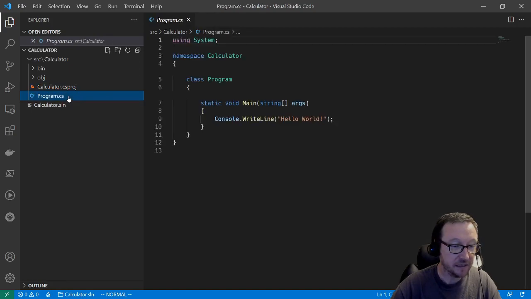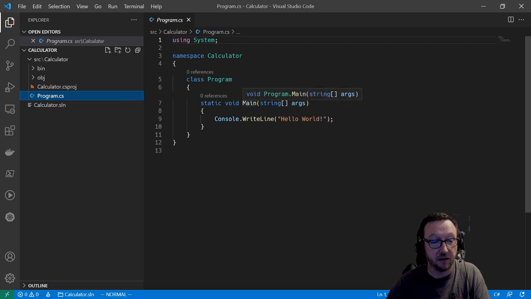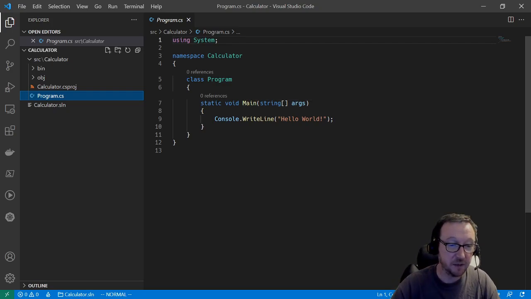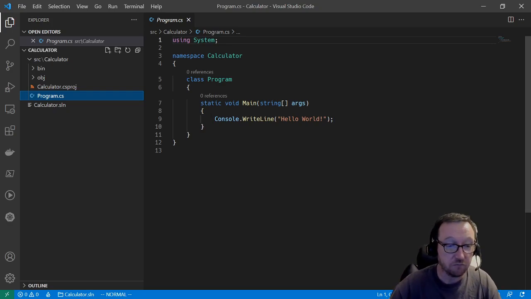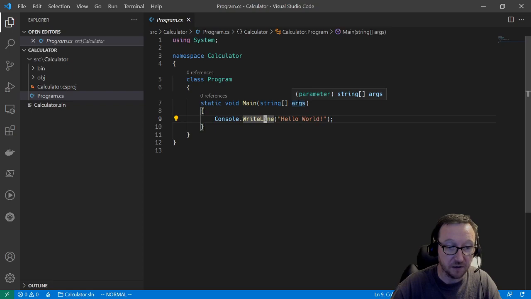So let's take our program here. We saw this last week. We've got a namespace, and then inside the namespace there's a class, and then inside the class there's a method, and this special static void main method in the program class, when we run our application from the command line, it will run this main method, and any arguments that we pass into it will go into args here. Okay,